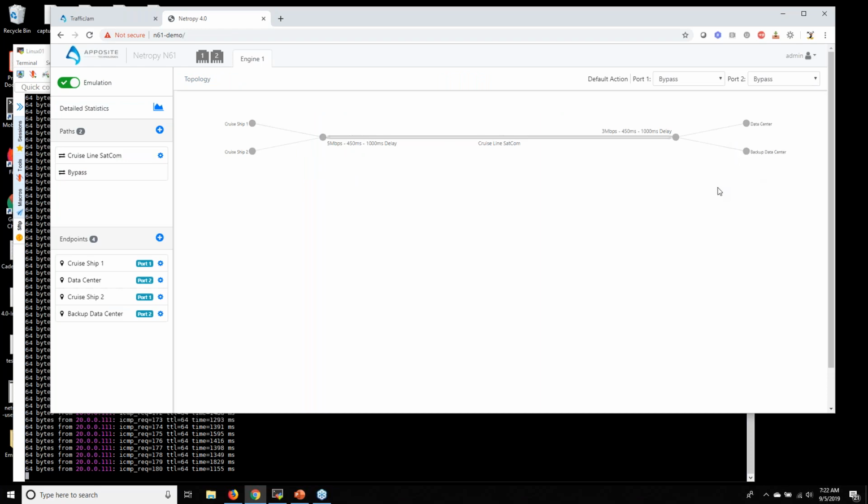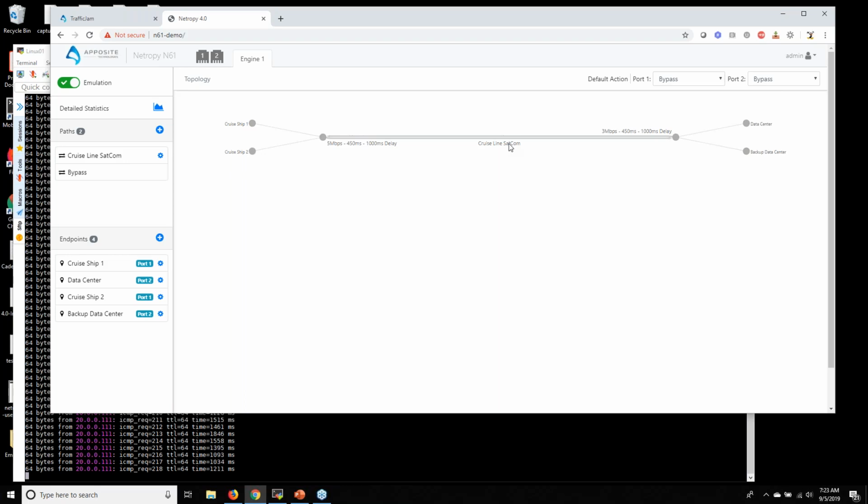So this is an actual customer setup. This is something that I helped them do their tests on, and they wanted to emulate a situation where the cruise ship was going into a snowstorm in Alaska, and they wanted to make sure that all their credit card sales went through. So the situation was actually rather interesting. They came to me and they said, would you be able to emulate a cruise ship going into a snowstorm?